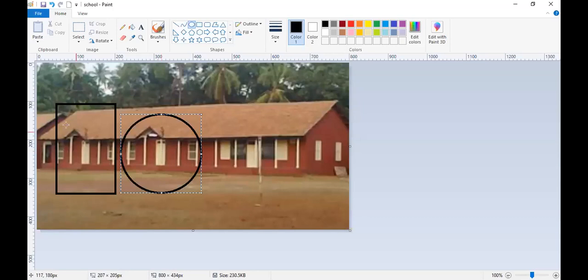Now can you see this zero starts from here? When I move the mouse pointer, the x coordinate is increasing, right? And when I move the mouse pointer down, then the y coordinate is increasing. Why am I showing you this? Because I have to find the radius of this circle. Now how can I find the radius of the circle?